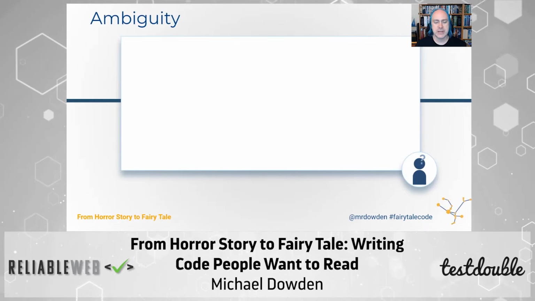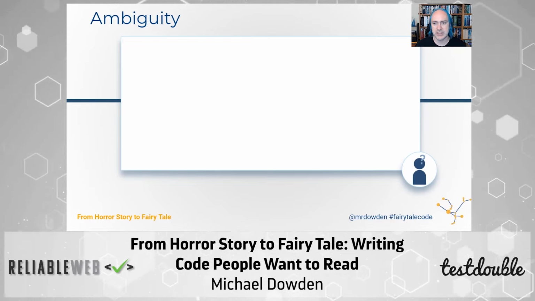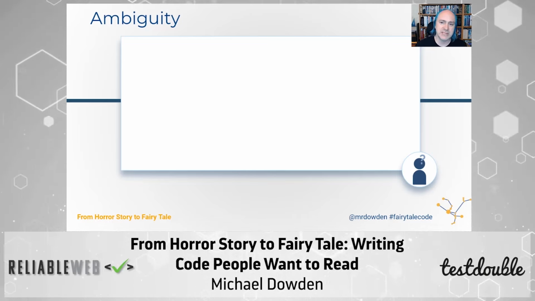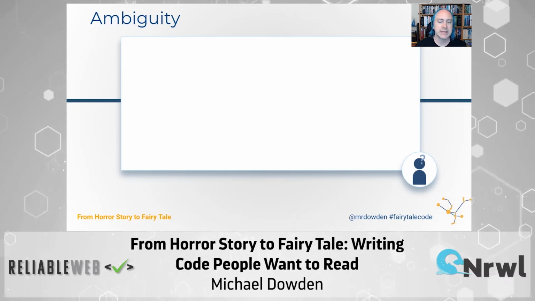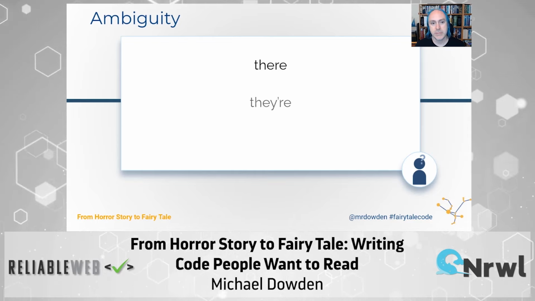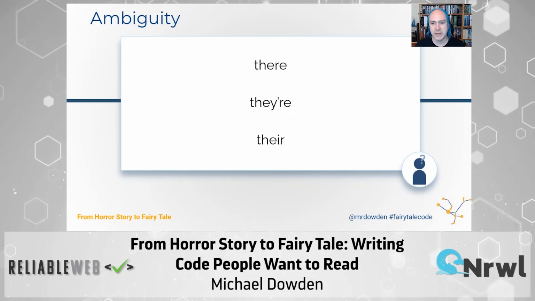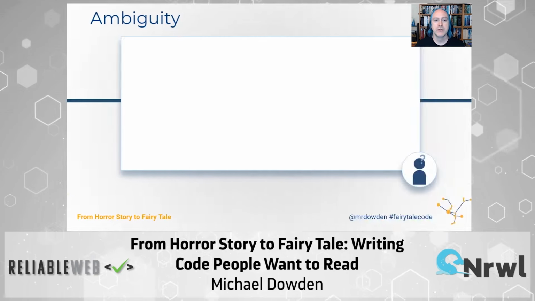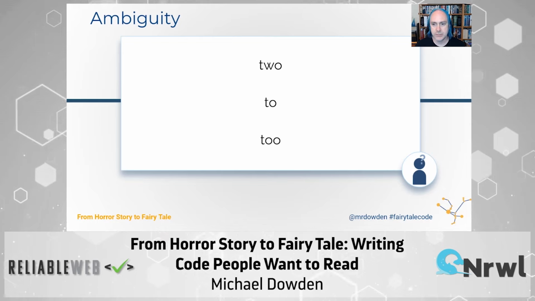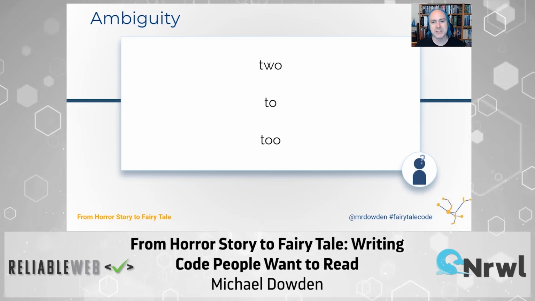One way in which naming things can be really tricky is that it's really easy to introduce ambiguity, especially in the English language. Now, ambiguity refers to any word or phrase for which a single cohesive concept cannot be readily identified, at least without knowing the proper context. For example, there, their, they're. Completely different meanings, but they sound the same, right? What's another example? Two, too, and to. These are examples of what makes English a really hard language to learn, but they're also examples of ambiguity.